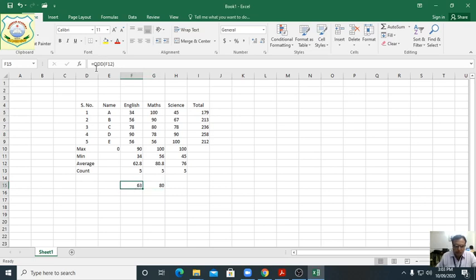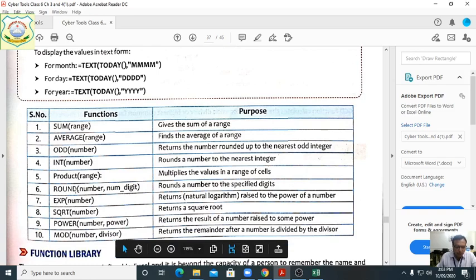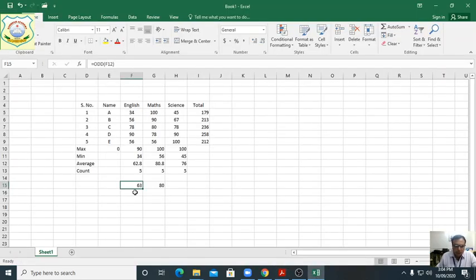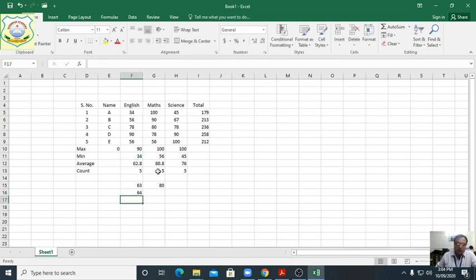This is the ODD form, whatever odd value we will get. Also we can find the EVEN. This is the EVEN option also given, students. Here it is not showing. Okay, I am just checking here whether the even option works or not. Equal, bracket, EVEN. So what we have to do, students: equal EVEN, now bracket, here is given 62, bracket. See here, yes, we can use the even number also.